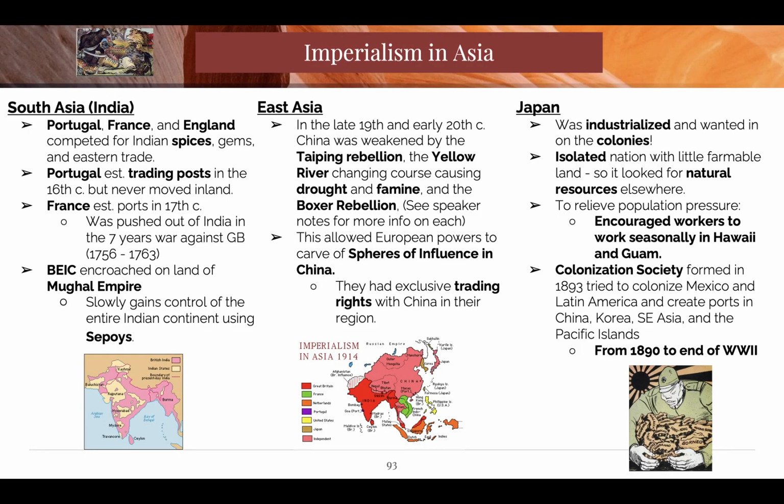Okay. Asia. So that's it for Africa, for imperialism. Let's go to Asia. India, or South Asia. You need to know that the Mughal is going to fall to the British. Okay. They are going to take over India. Not an entire, but they're going to take over a majority of it. East Asia is going to fall to the British, led by the British, but other countries are going to exploit it as well in the spheres of influence. Spheres of influence are created during the Opium War.